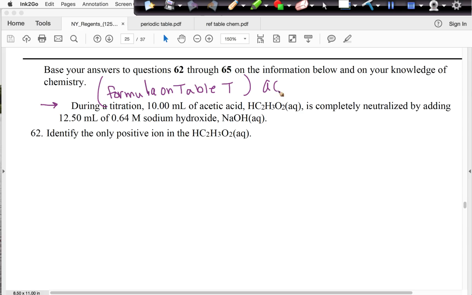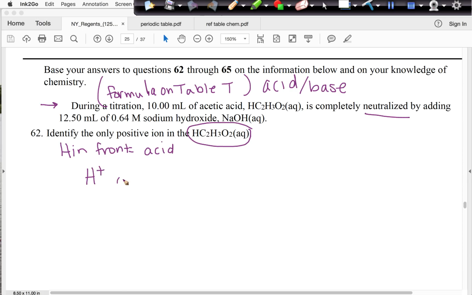That also means that it's an acid and base reaction. Also, the word completely neutralized tells us something about that. So they want to know the only positive ion in HC2H3O2. First, it has an H in the front. That means it's an acid. And in an acid, H+ or H3O+ is the only positive ion in solution. We call H+ the hydrogen ion. We call H3O+